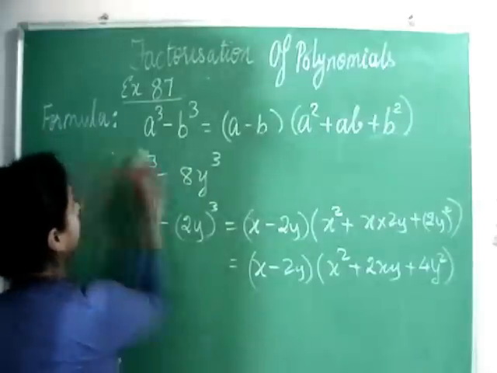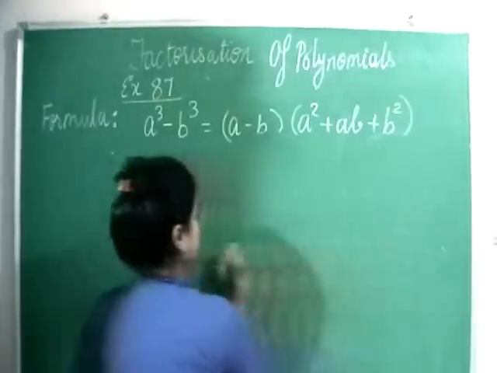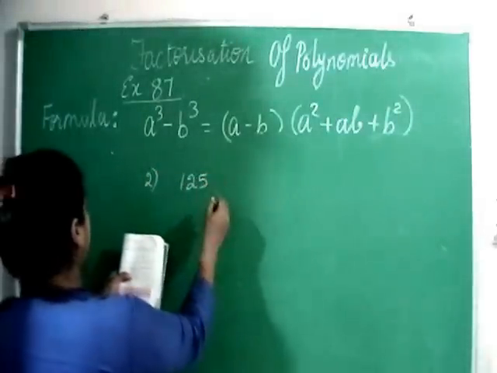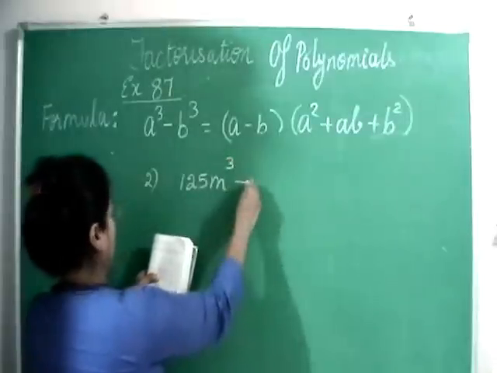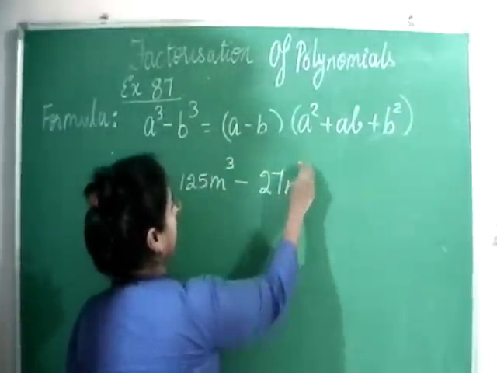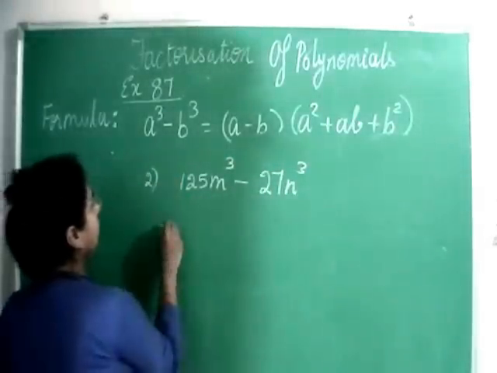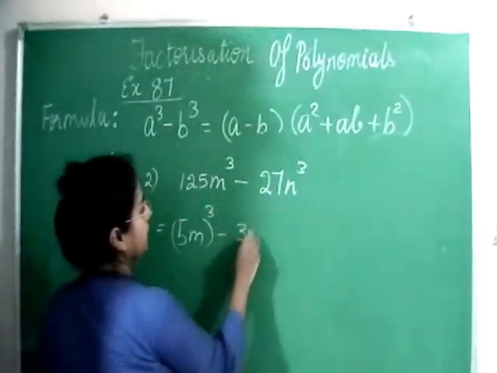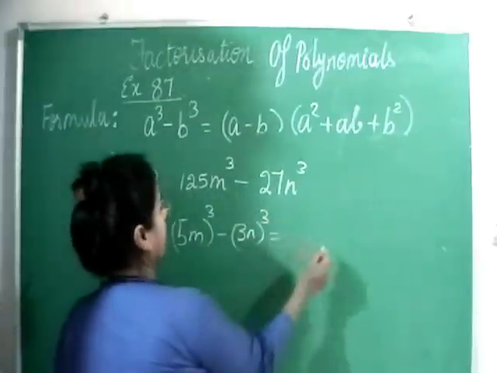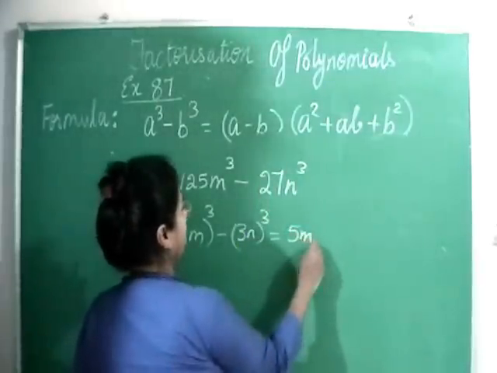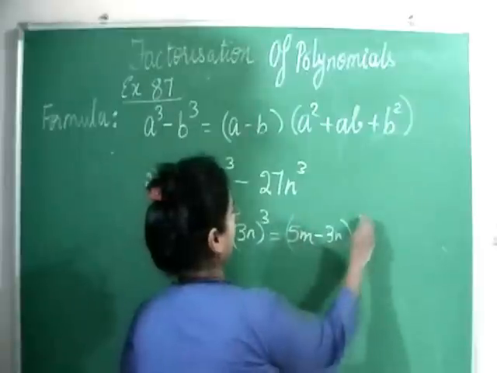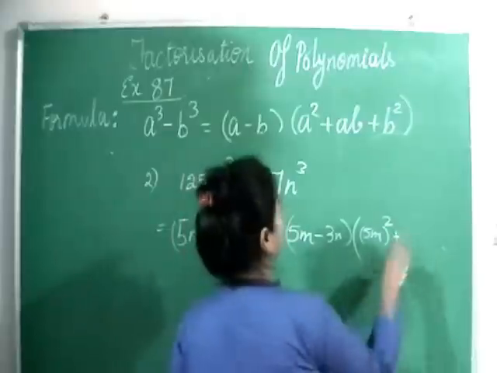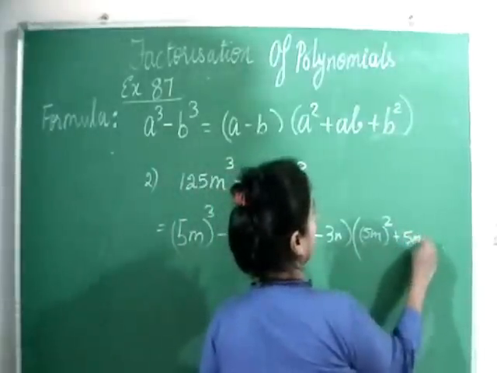Now take the second sum. Second sum says 125m cube minus 27n cube. Write this in this form: 5m the whole cube minus 3n the whole cube. Apply this formula. 5m minus 3n, and the next bracket will be 5m the whole square plus 5m into